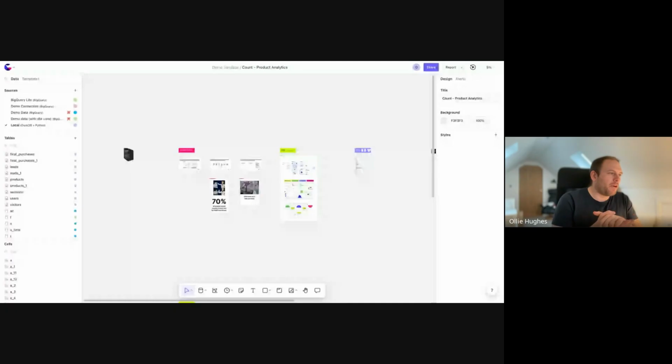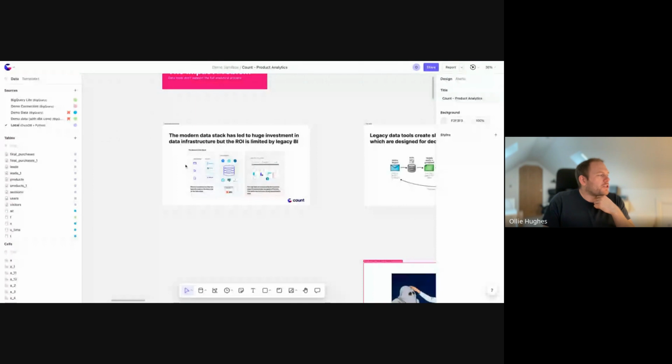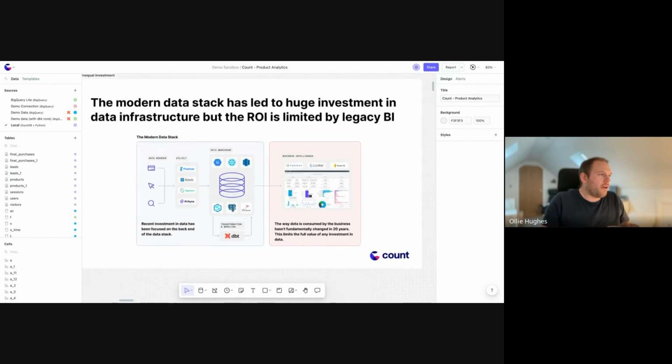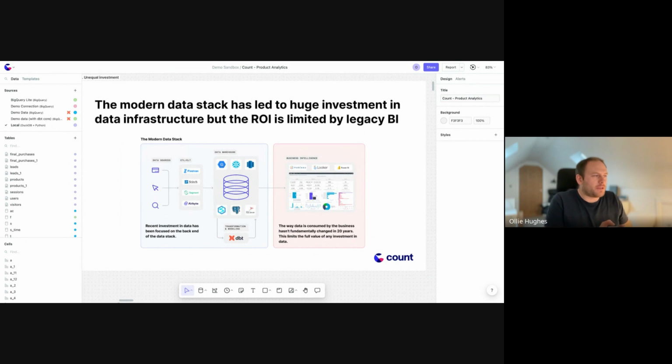Let's begin. I just want to set the scene about what Count is and the problem that we're trying to solve for. It's a problem which is true in product analytics as much as in any domain of analytics. Within the last few years, a lot of teams have adopted the modern data stack, this idea of a SQL cloud-based infrastructure for doing data analytics and data modeling.